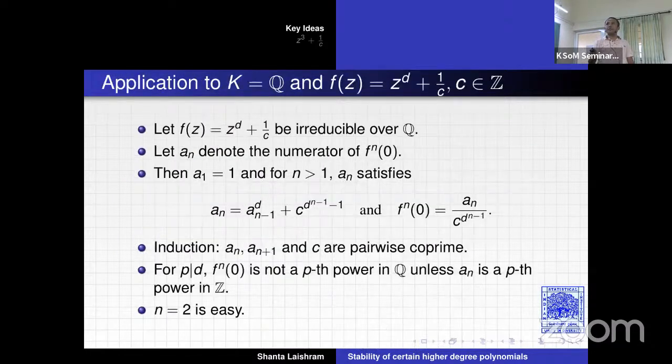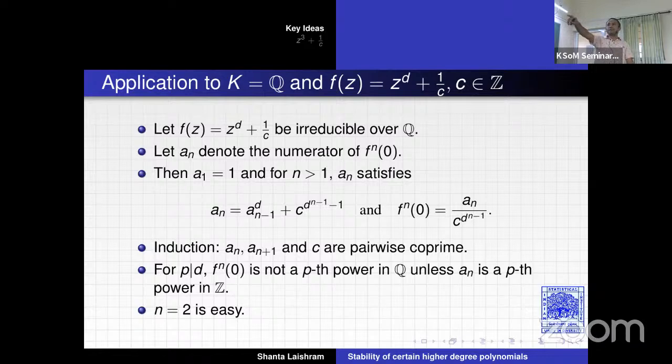Well, so that was the dilemma. So now we have to apply it to our polynomial x g, which is g^t plus 1 over c, and k equals q. So let's assume that g^t plus 1 over c is divisible over q. So now you get this